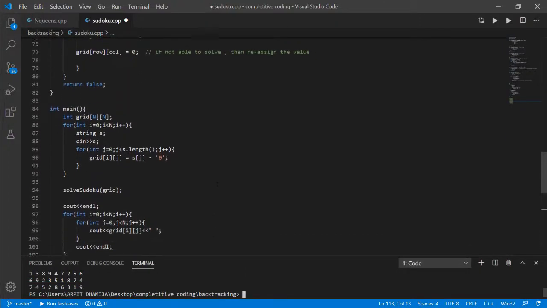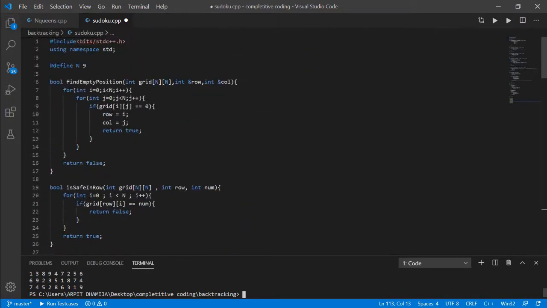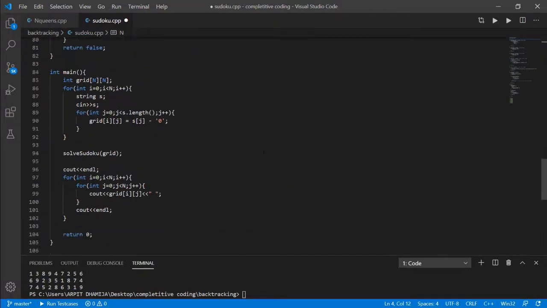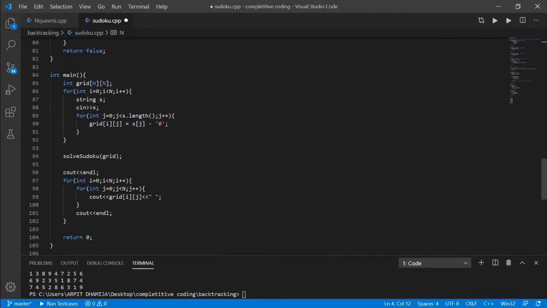So let us start from the main function. We have defined n as 9 above.